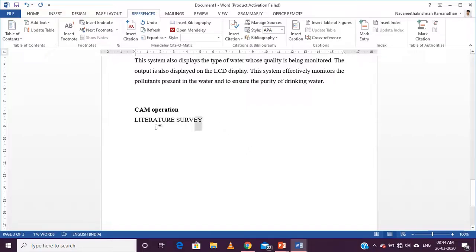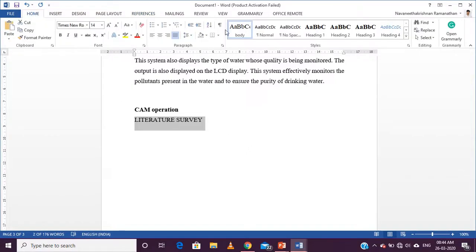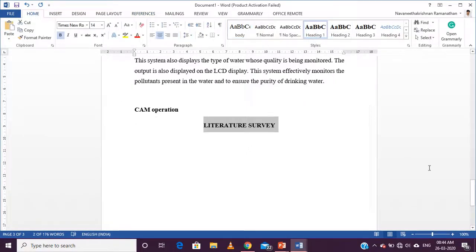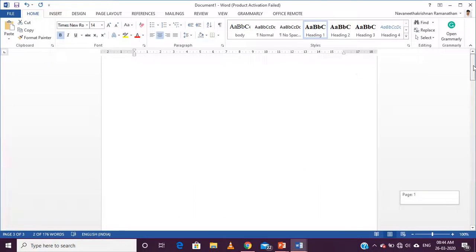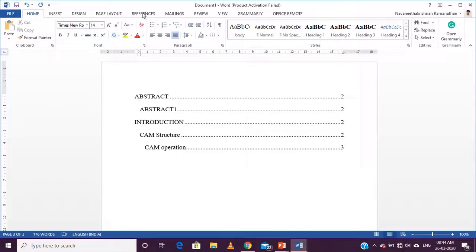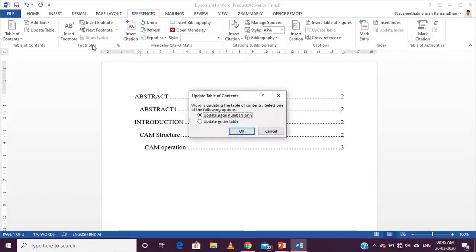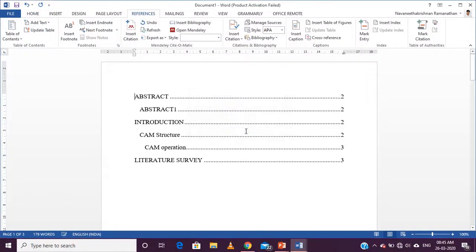I just select it, go here, and give heading 1. So it will automatically be centered, it will go according to our format. And if I go here and update my table, I will get literature survey as a heading 1.